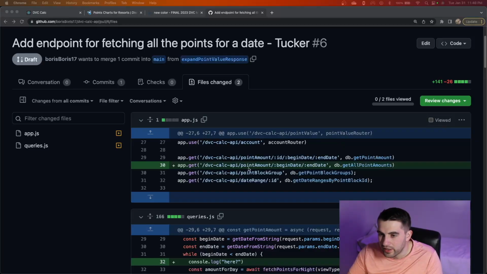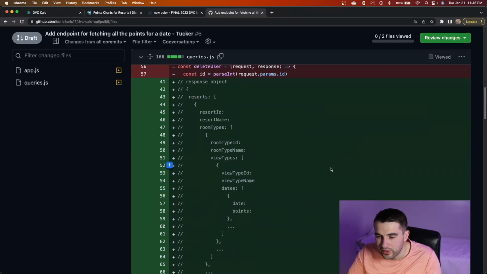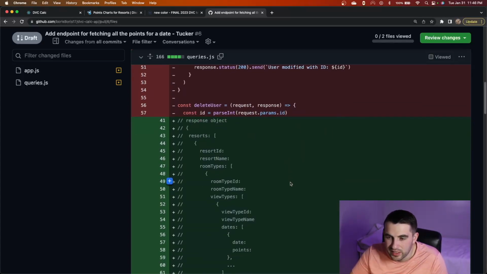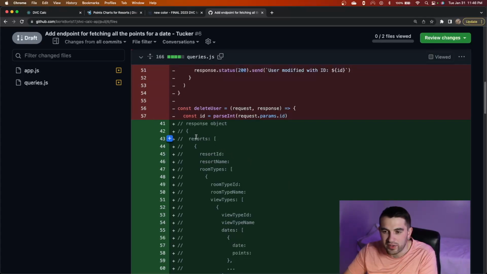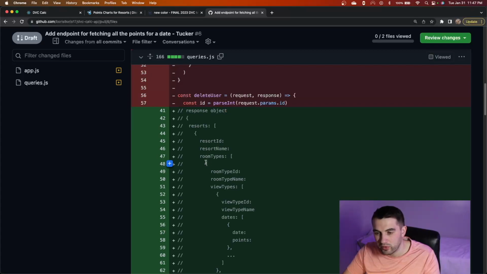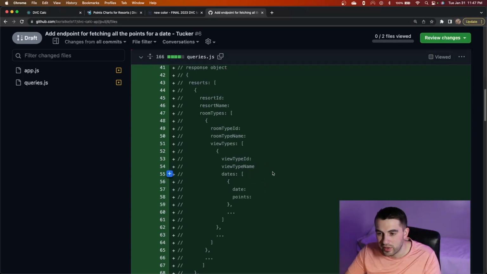Hold on to your eyeballs. Okay, so I added a new endpoint that just takes the begin date and end date. And then down here, this is a rough idea of the response that I'm going to be sending back. So it's going to have this resorts tab, and then there will be an array of these resort objects which have room types, which have view types, and then inside that view type, it's going to have, I think I